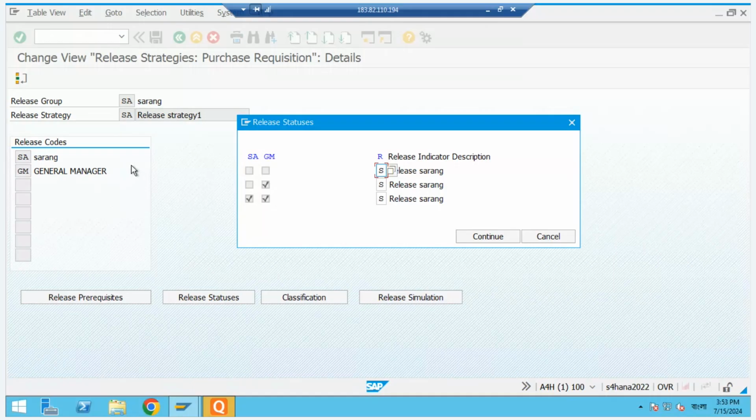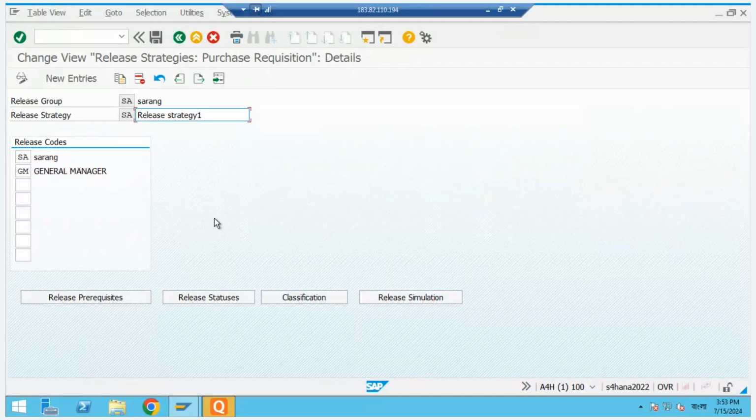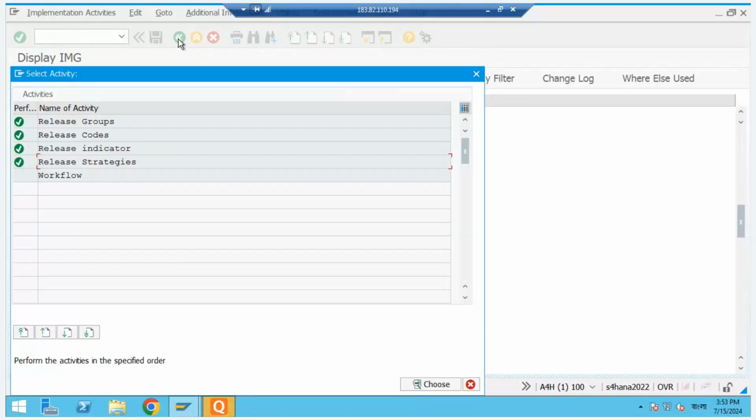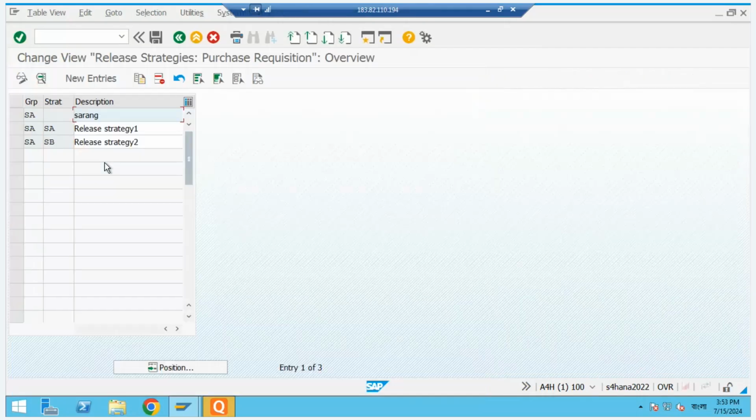One is Sarang, another is the general manager. Now if I go to release strategy,